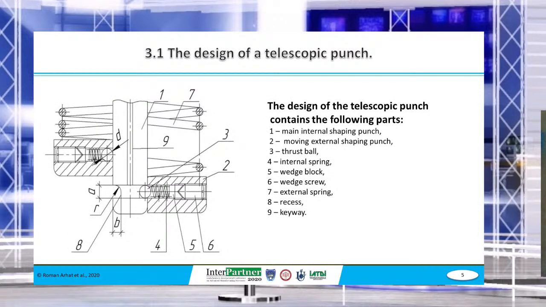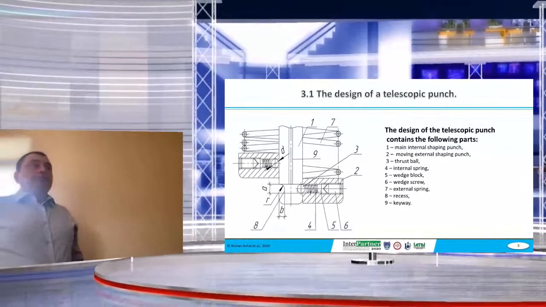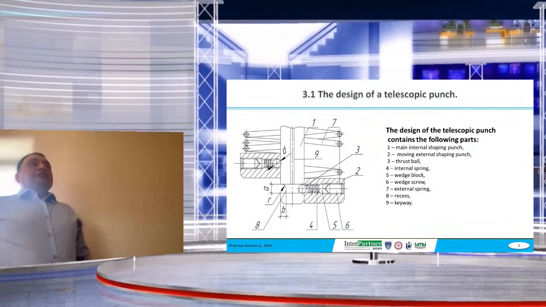External punch 1 has a circular recess with dimensions B equals half D, A is equal to D plus 2 millimeters, where D is the diameter of the thrust ball fixing the external punch at the beginning of the operation stroke. When the external punch reaches the first stage of the die and presses the workpiece against it, it stops. Further lowering of the beam will cause the thrust ball to disengage from the internal punch, which is achieved by